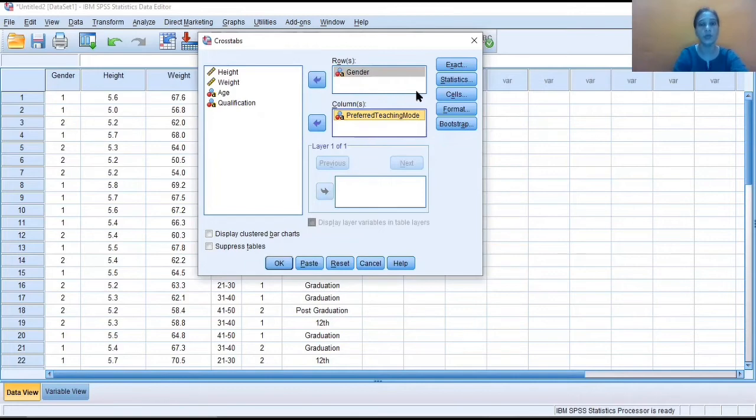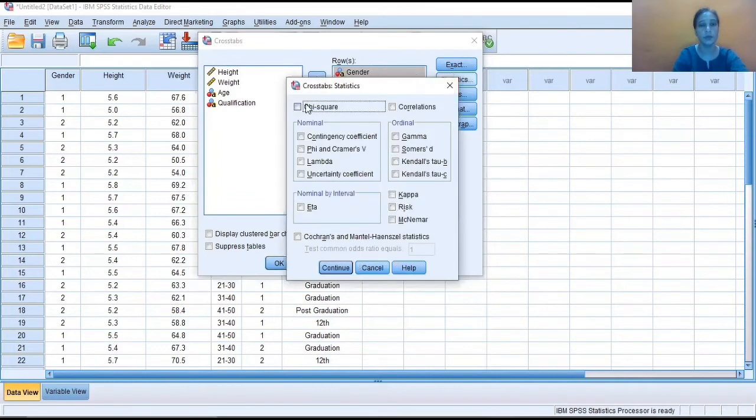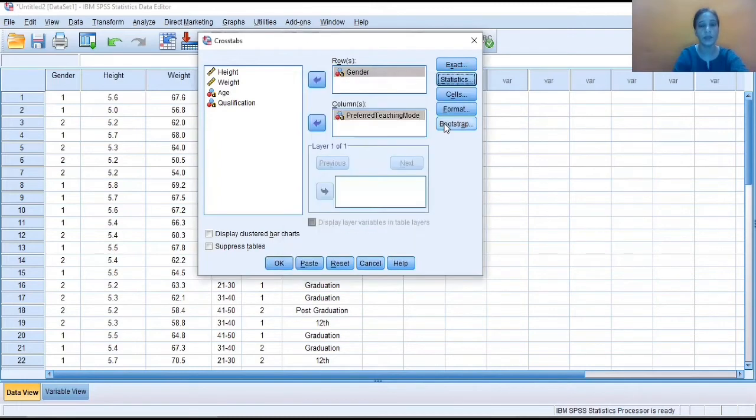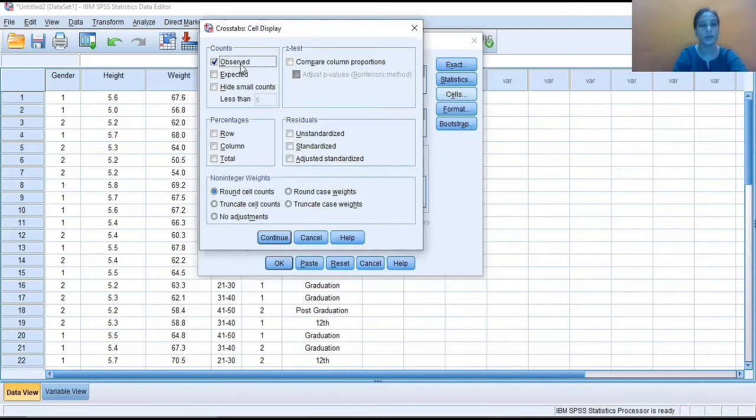After that you need to go to the Statistics button. Click on this button and then here you need to only select chi-square and then press continue. Then go to Cells. Here observed is already checked by default by SPSS. We need to only select expected here. So we will be okay with observed and expected. These two will give you the observed frequency and expected frequency.